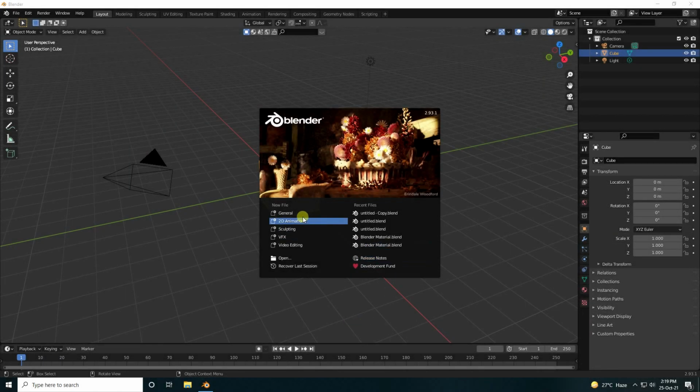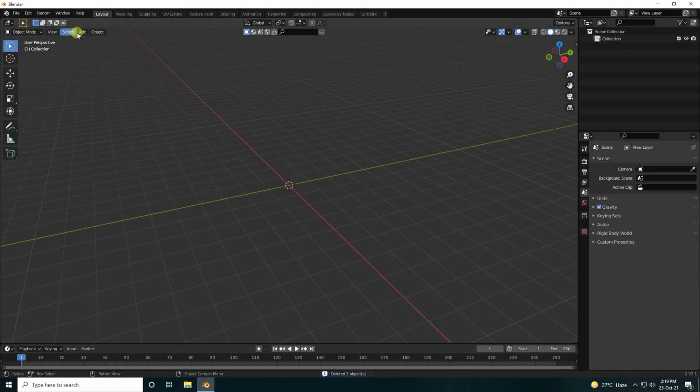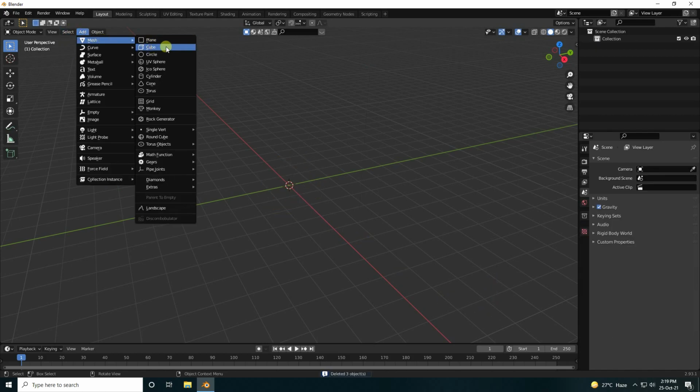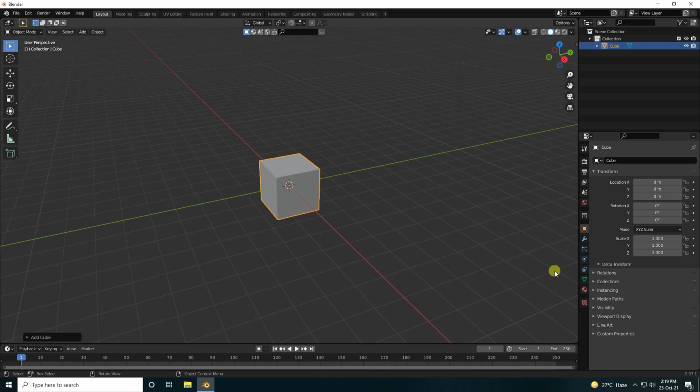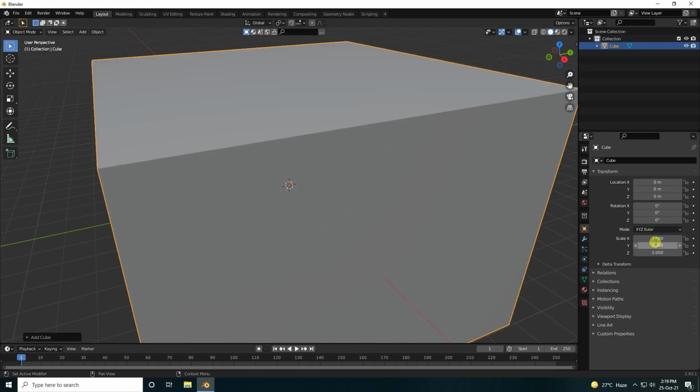So firstly guys, click on here and delete all your objects like this. So now I take a simple cube and change the cube size. Guys, go to size, scale size. I like x 7, y 7 and z I like 5.